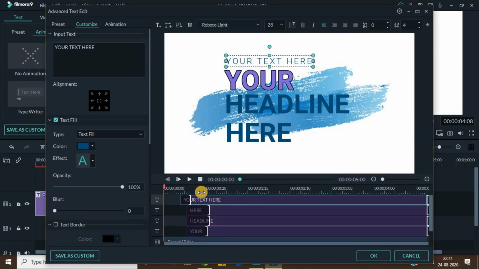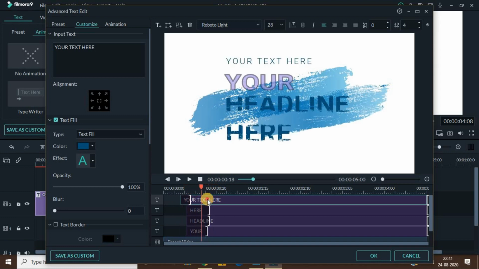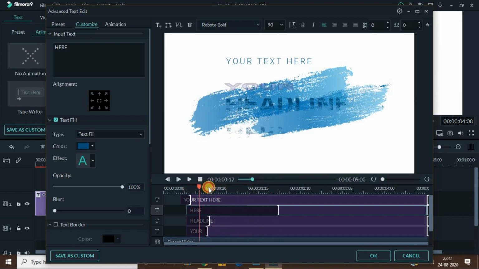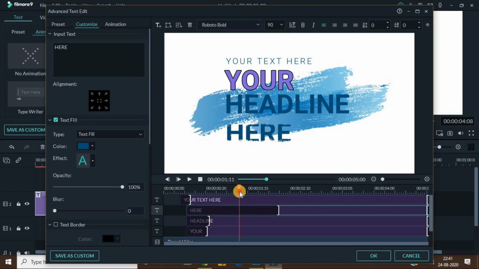You can see that if your text is animating, you can change it from here. Like, I want this part to animate slowly here. See, other than here, everything is completely exposed, but here is not exposed, as there is some portion left. When you get till here, you can see this word is also completely exposed. You can just play with it. If you want to change it, that's completely up to you.